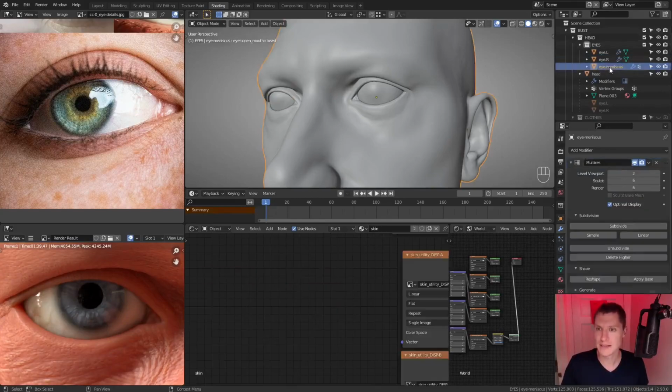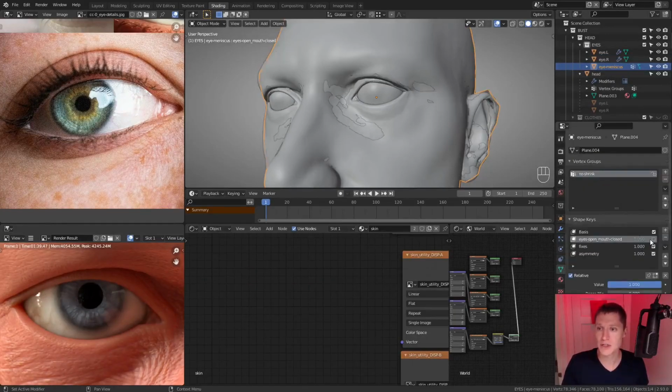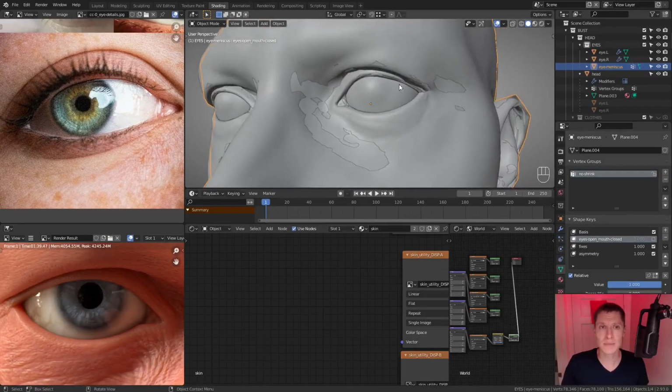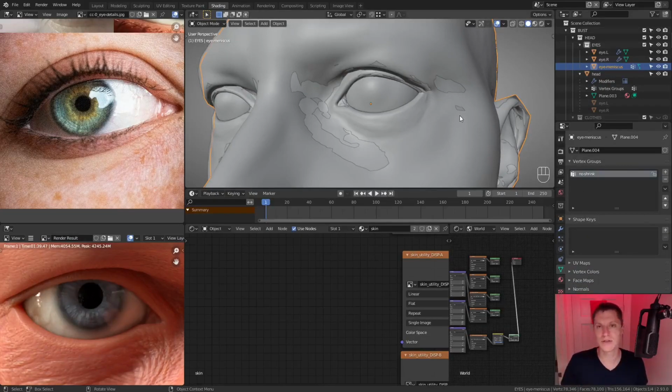And for our eye meniscus, we don't need the multi-res. We also don't need any of the shape keys. So to collapse the stack, I'll simply, in object mode, add new shape from mix and start removing all shape keys starting at the top of the list, with that combination being the last one,